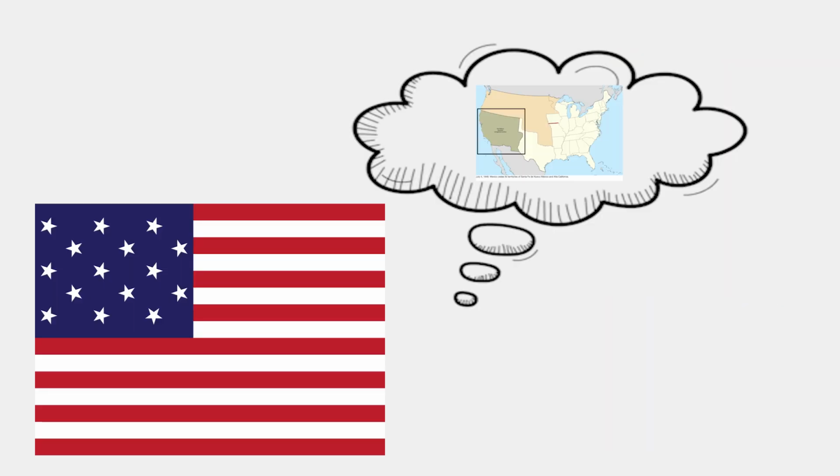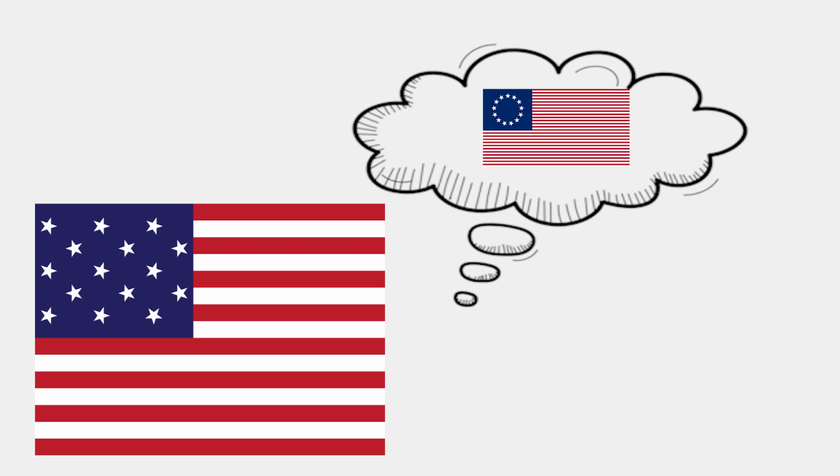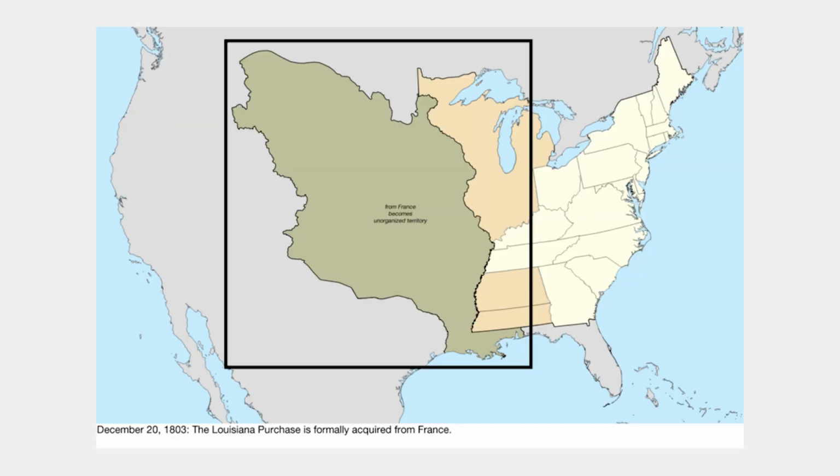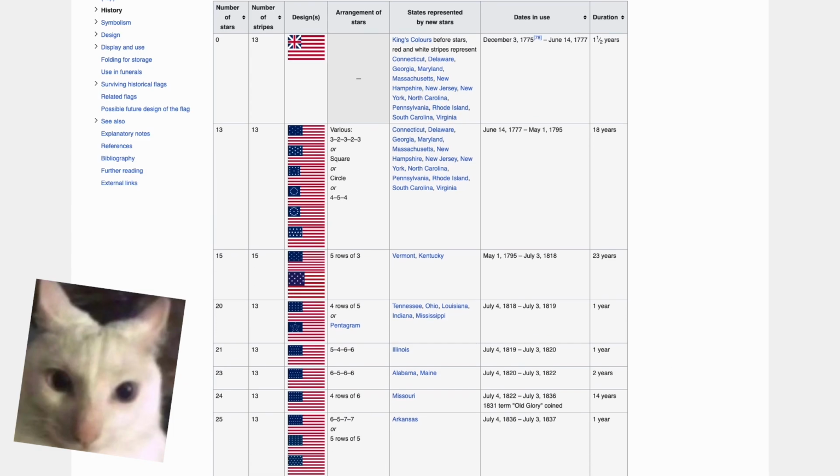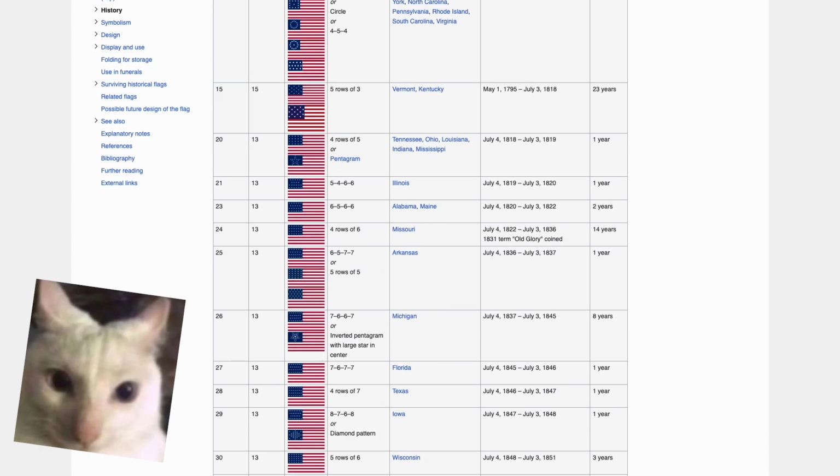However, as the country grew and the states kept getting added, the young United decided that if they did the same thing with everyone who joined the Union, the flag would become incredibly hard to read at a distance, incredibly fast. So they reset the number of stripes to 13, but just kept adding stars. And as the years went by and territorial purchases and annexations climbed higher in number, the flag stuck to that basic principle. And thus we get this very long section on Wikipedia where it goes through all the flag changes